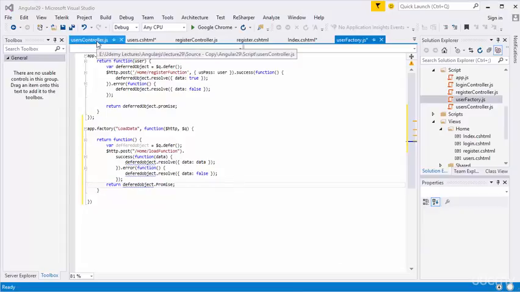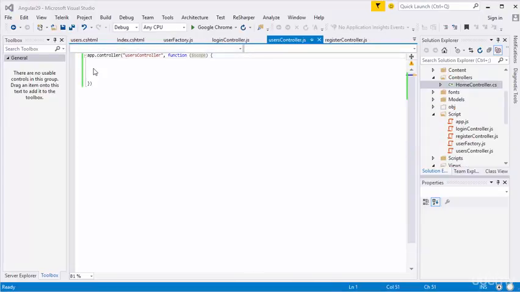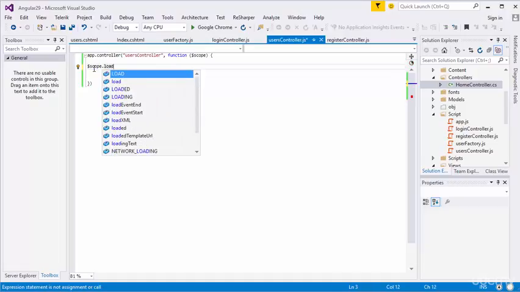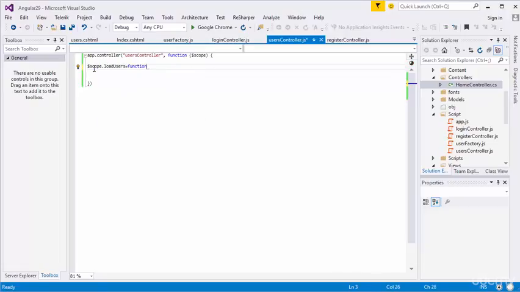Now I'll go to the user controller and I'm going to call this loadData factory from the user controller. I'm going to write a function to load the data. Write a scope dot loadUsers function, right, and I'm going to call that loadData factory. Result equal loadData. To call loadData, I have to define it in the top, and then on the call data result dot then I need to get the return function, and the return is output,